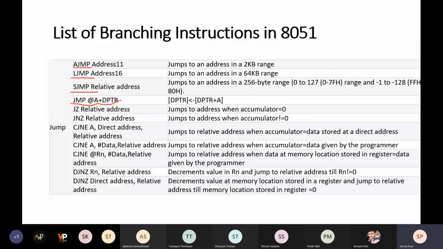Okay, and then you are having JZ, jump if 0, then JNZ, jump if not 0, CJNE, compare and jump if not equal, and DJNZ, decrement and jump if not 0. These are the different variations of conditional jump instructions present there.